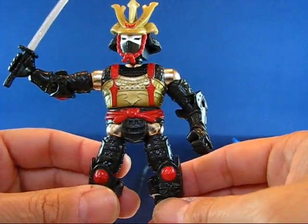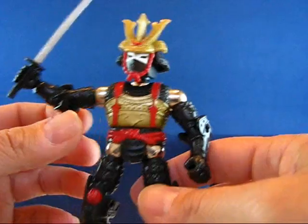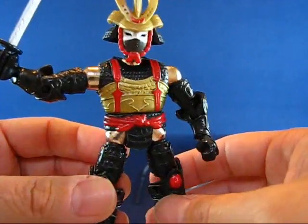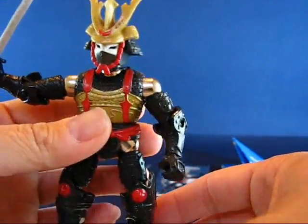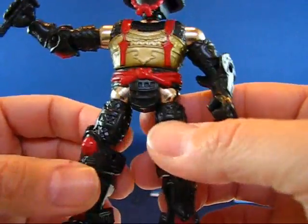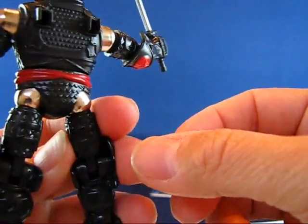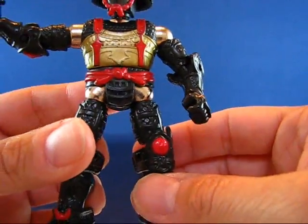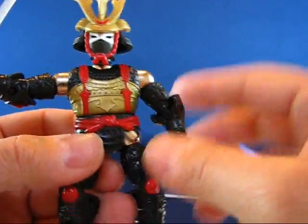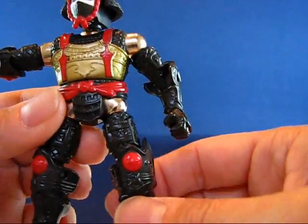The first wave of figures were made of heavier plastic or metal on the body and limbs. With the second wave, it's definitely cheaper plastic. As a result, it doesn't have that heft that the first wave of figures had, which is kind of unfortunate. It's still detailed. You can see all the sculpting on the limbs throughout, but you can definitely tell if you put these guys side by side that the second wave figures are cheaply made. And it still has different colors of paint, but you can really tell visually that this is not as